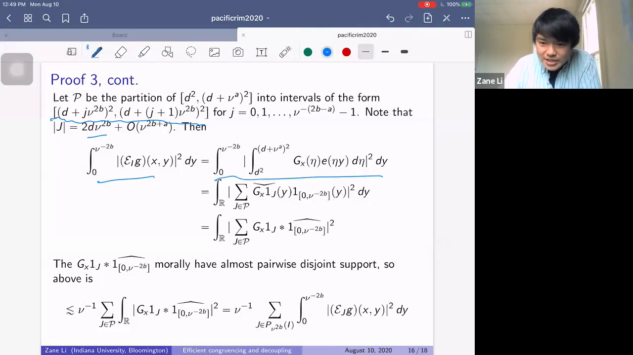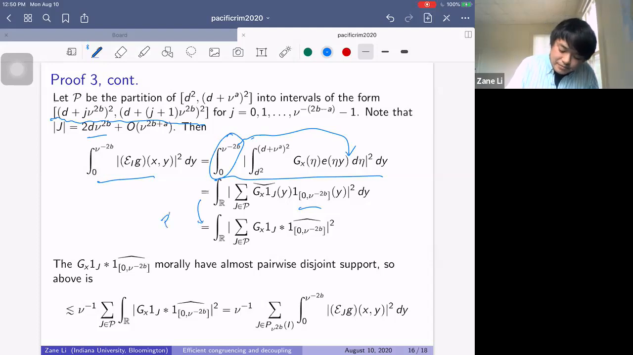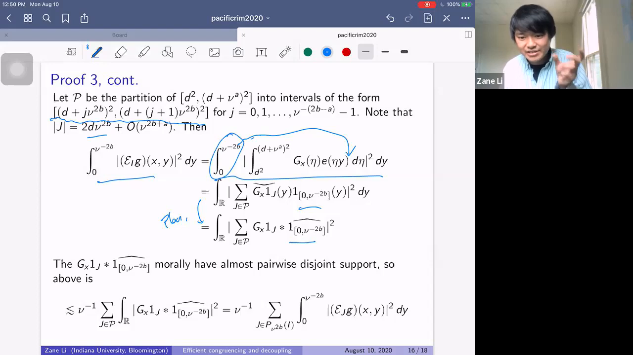This is our expression over here. We rewrote it using the Fourier inverse. The next thing we're going to do is take this indicator function and put it inside the integral as such. And remember, when I write a sharp cutoff, you think of it as a Schwartz function. Then I'm going to apply Plancherel. Morally, this function is supported in a nu to the 2b neighborhood centered at the origin. So as j varies